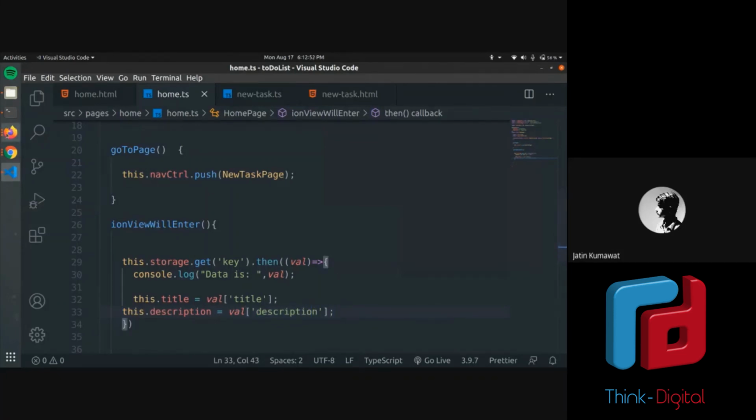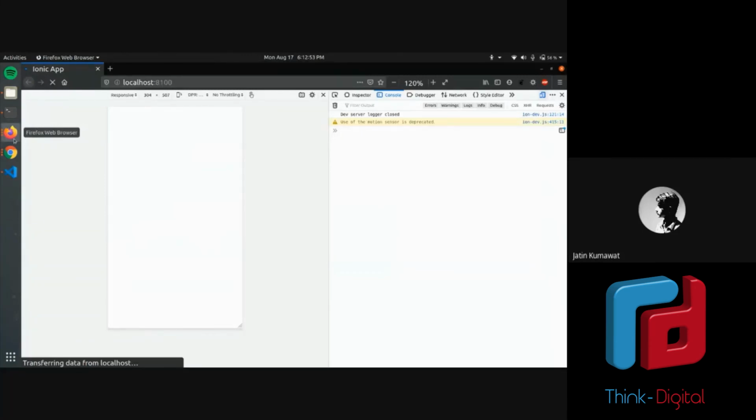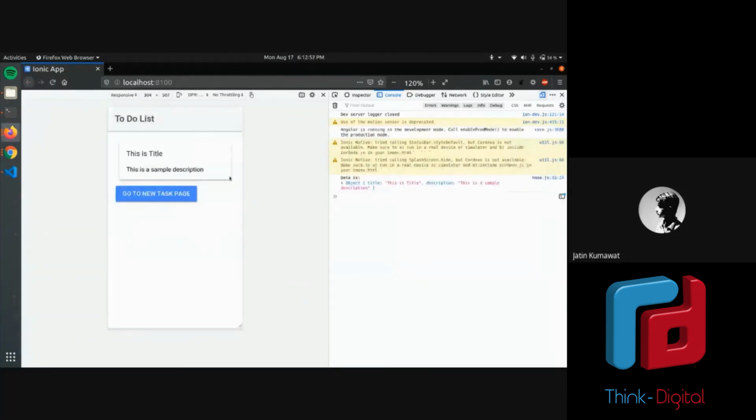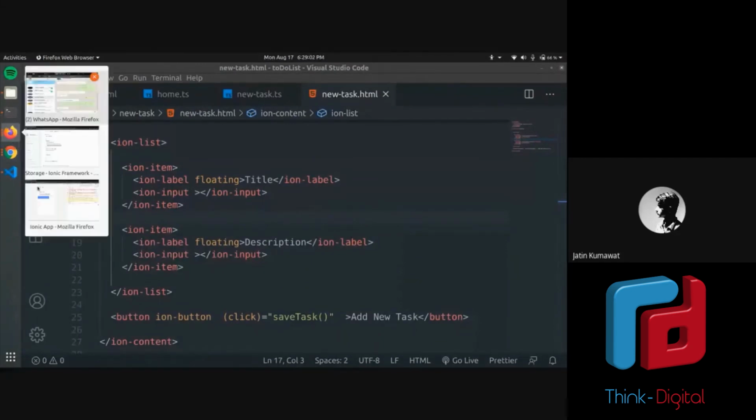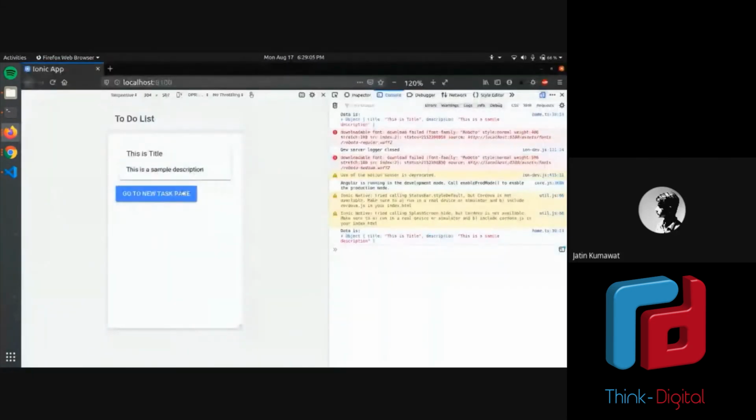And it should show if it is serving well. See, so now I have title as well as description from storage. Okay, so I guess everyone is with me till now. Everyone has created till here. Everyone can now easily store data in their storage, and then